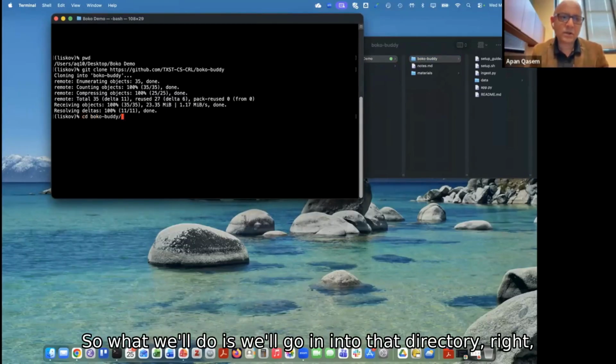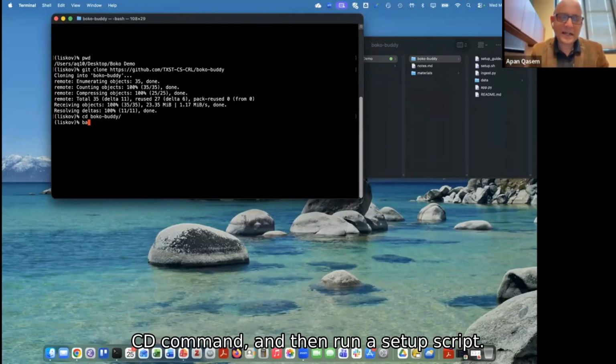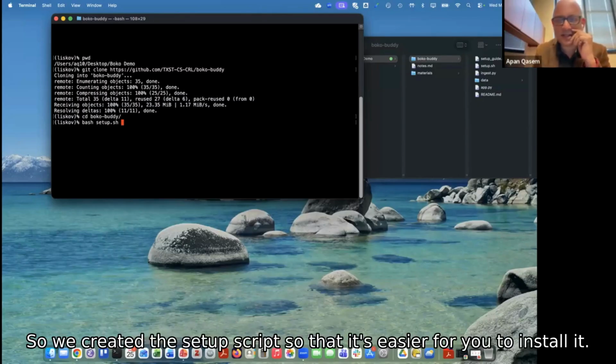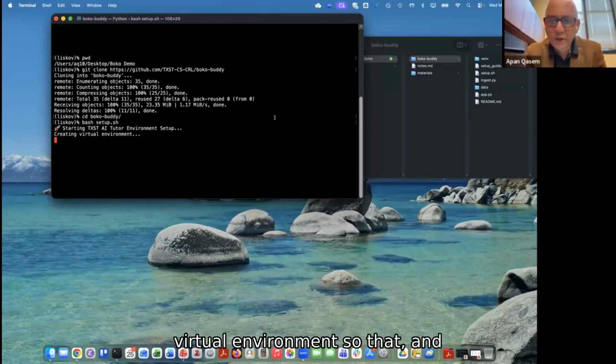So what we'll do is go into that directory with the cd command, and then run a setup script. We created the setup script so that it's easier for you to install. What the setup script will do is create a virtual environment, and let me look at the message on the side.